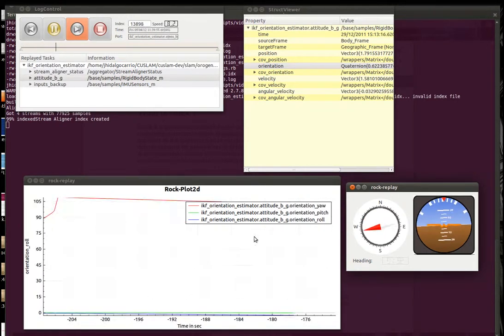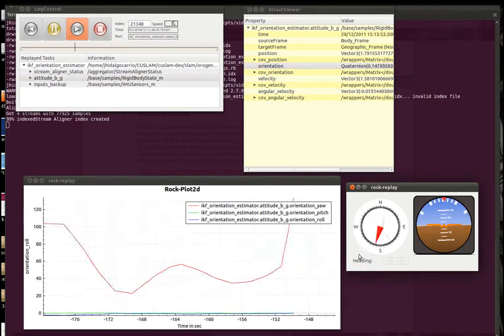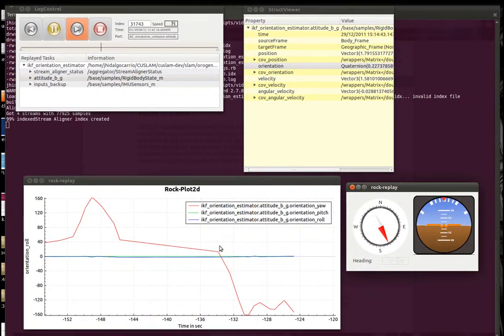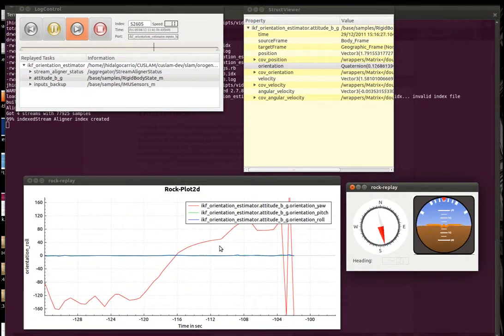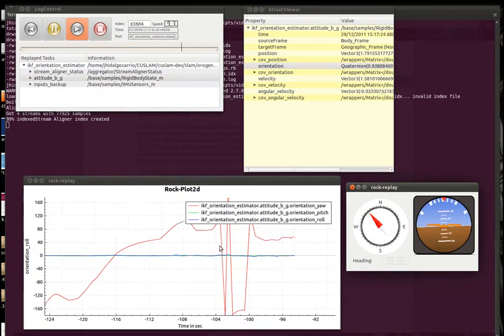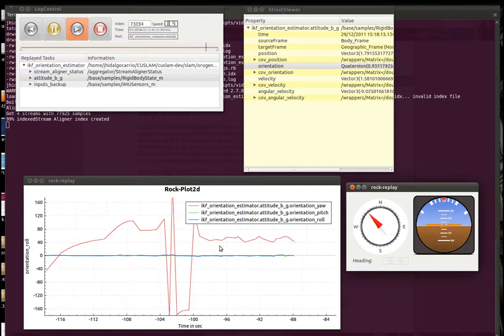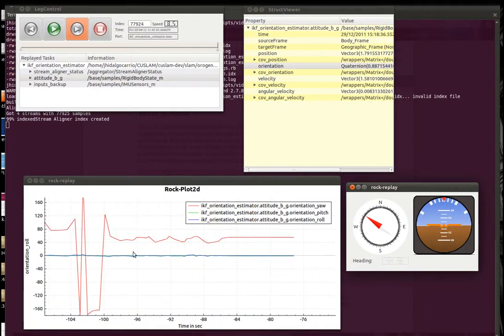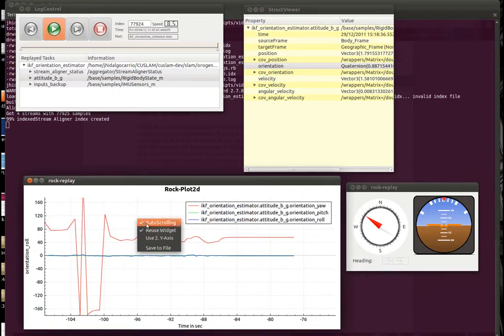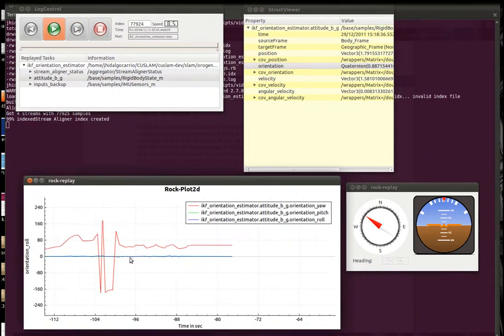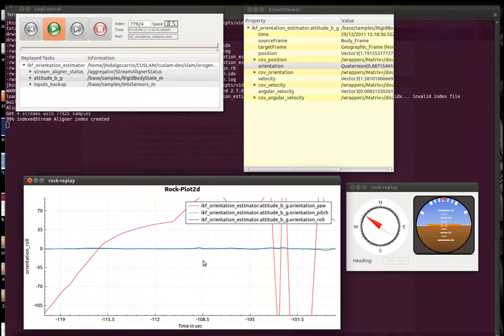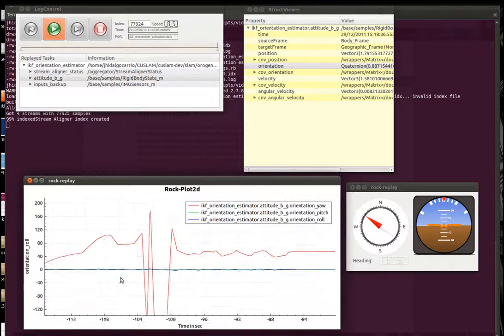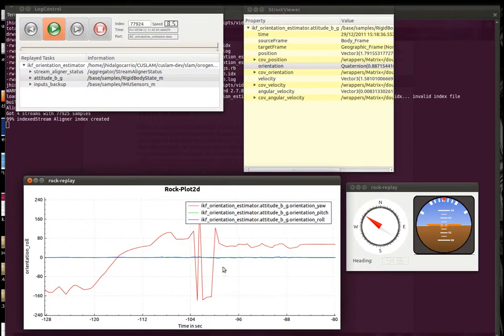Again, we go faster. We can right click with our mouse and select auto scrolling, and now we can have a general view of how the orientation of our rigid body changes over time,